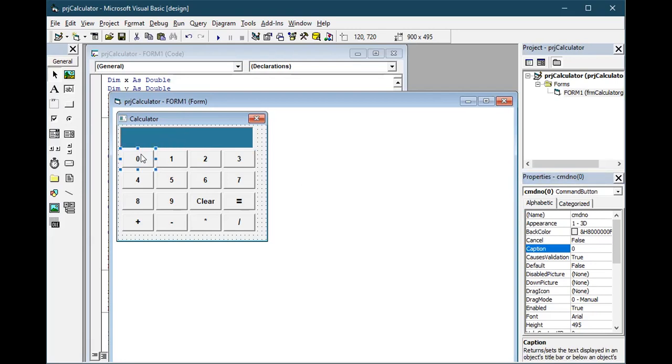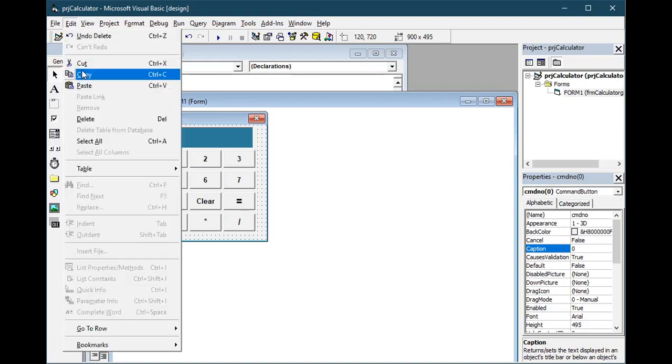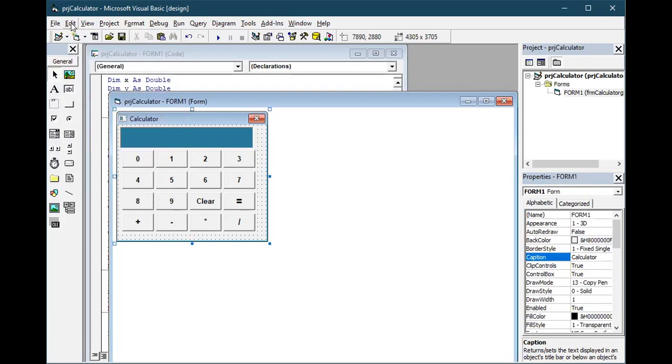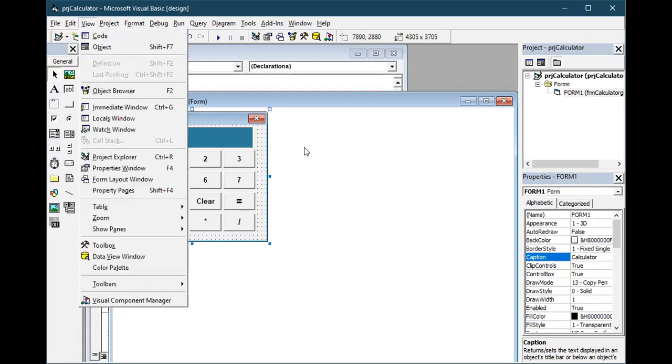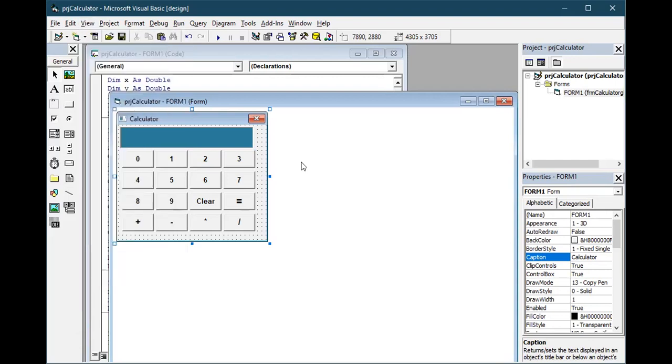After that, you need to create a control array of buttons. So copy: go to Edit, copy, and then once again go to Edit, paste. When you paste, it will show, do you want to create a control array? Yes or no. Give yes. Whenever you give paste for the first time, it will show, do you want to create a control array? You have to give yes, then only it will create. Okay.